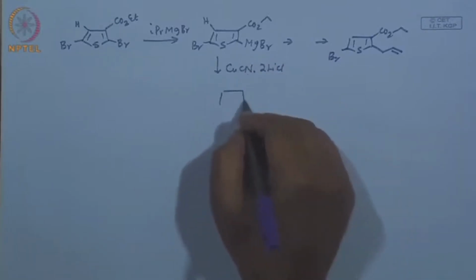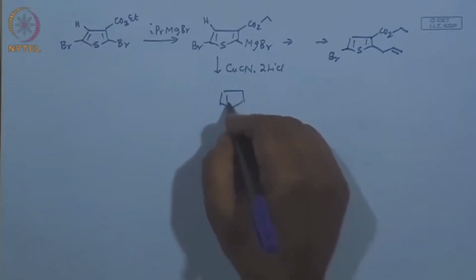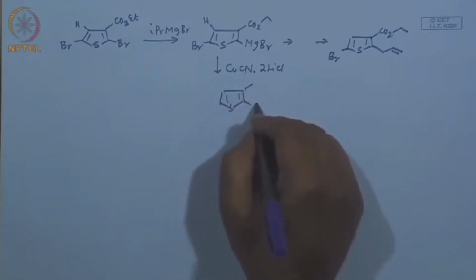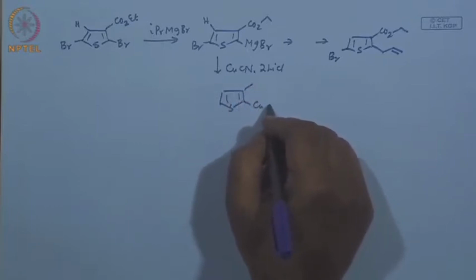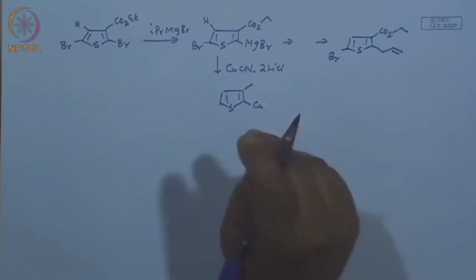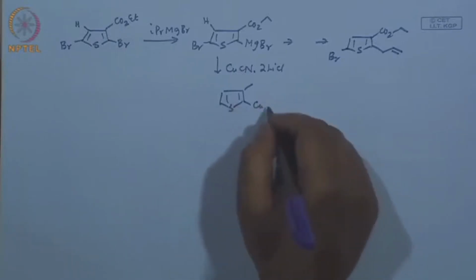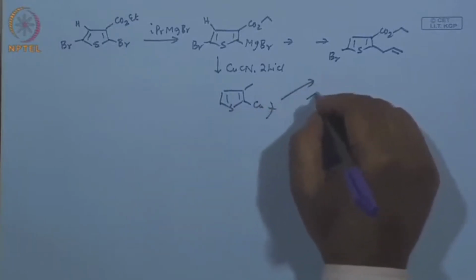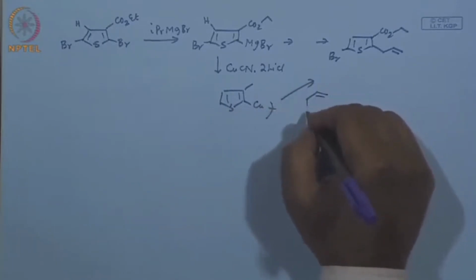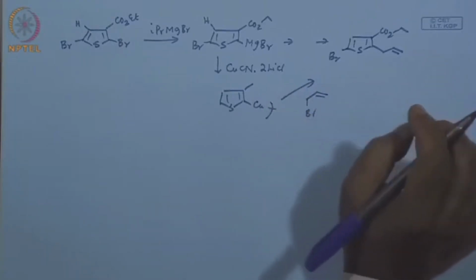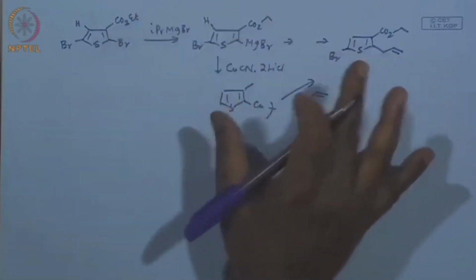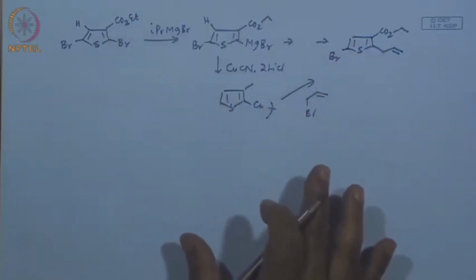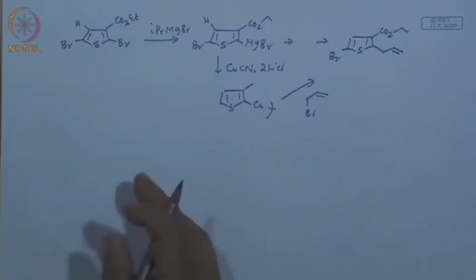So once you have these, you have now cuprous cyanide, and eventually you will get these copper reagents, organocoppers. And now the reaction smoothly proceeds to get to this compound. So this is a nice example actually. It gives you a different way of making this and that and this. So likewise,